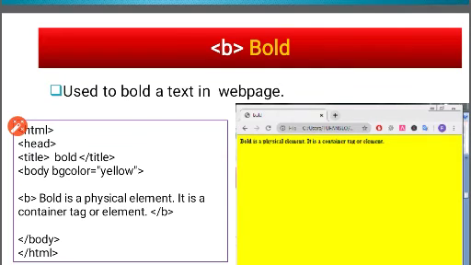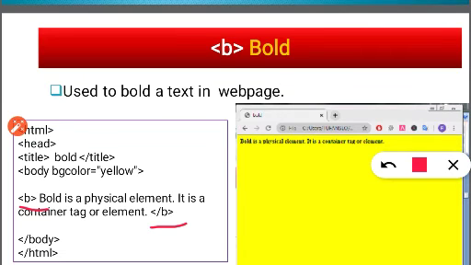What is the syntax? It is B inside the angular bracket, and it is a container tag. That's why whenever we write it, we start with the angular bracket like this, including B, and it ends like this, with the forward slash and B inside the angular bracket. So suppose I have written B and then some text which I want to make bold, and then close it with slash B.